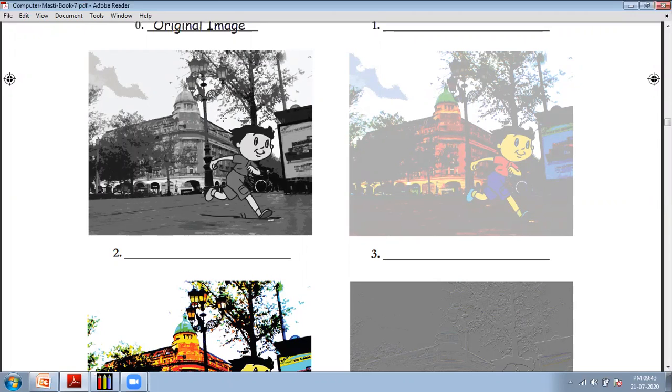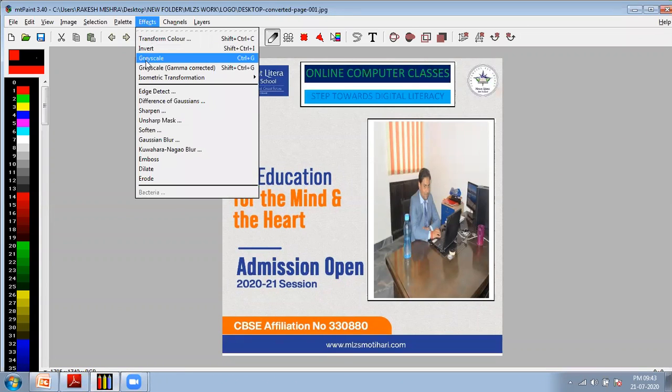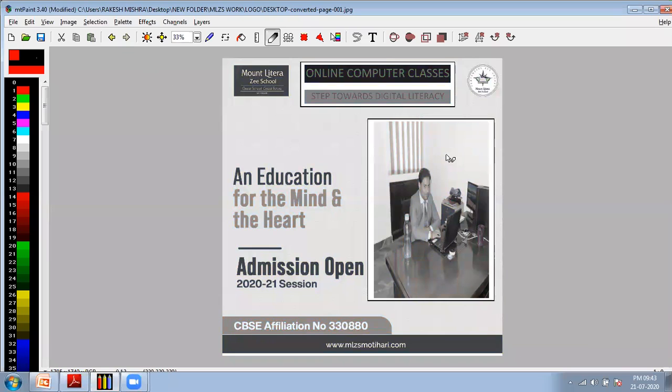The second one is the gray scale effect. So in Effects, if you click over here, it will look like that. It is the gray scale effect. Now again I am pressing Control Z to convert it to the previous mode.